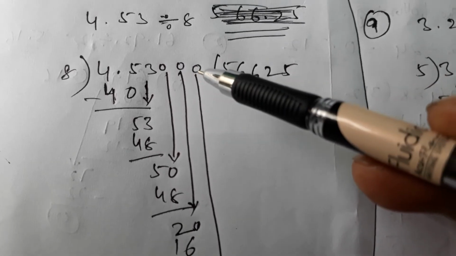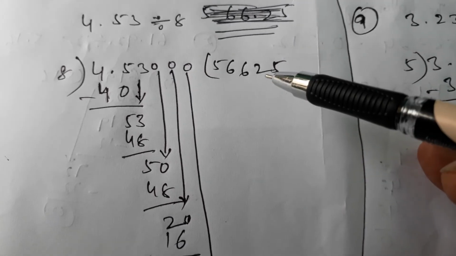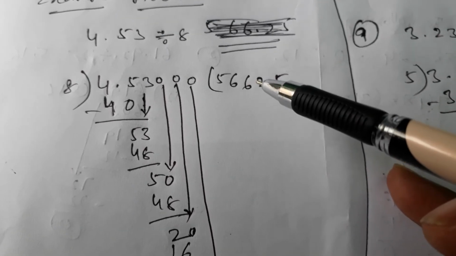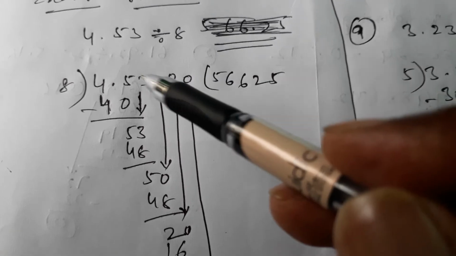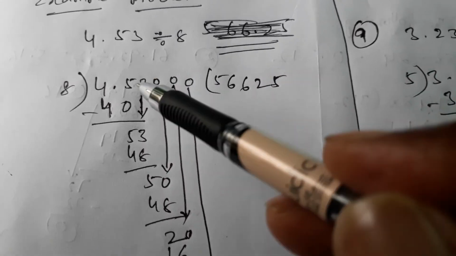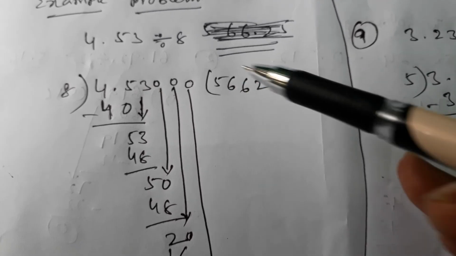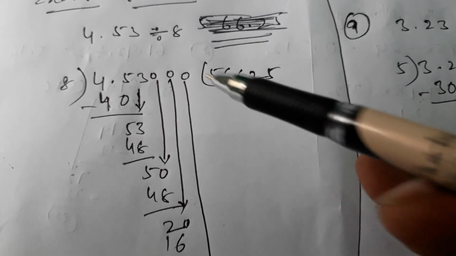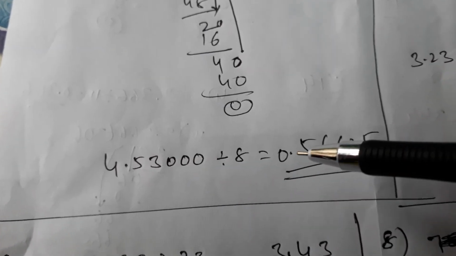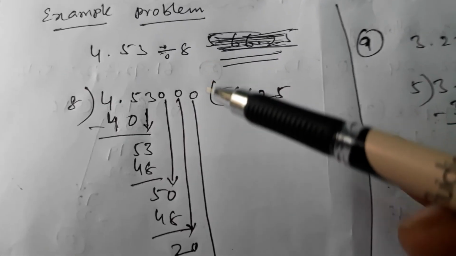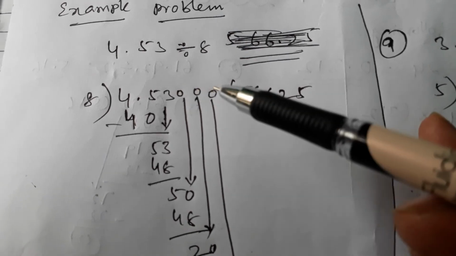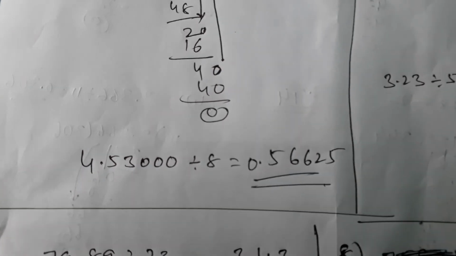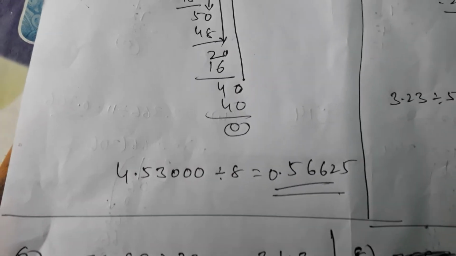Now finally count in the answer. This is the answer. Don't count only the 2 decimals in the dividend; you have to count the zeros also. In total, how many decimals in this dividend? 5 decimals. Then you have to place the point 5 places before: 1, 2, 3, 4, 5. If you take zeros, you should count the zeros also in the decimals of the dividend, and in the answer also place the same number of decimals. In such a way you can solve the decimals.